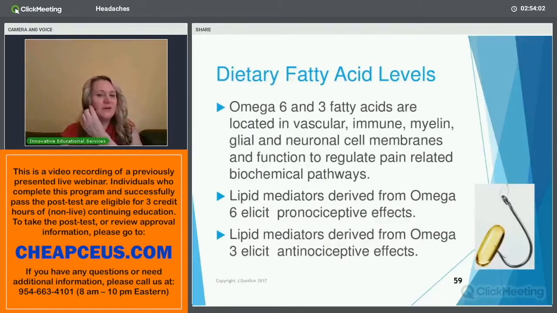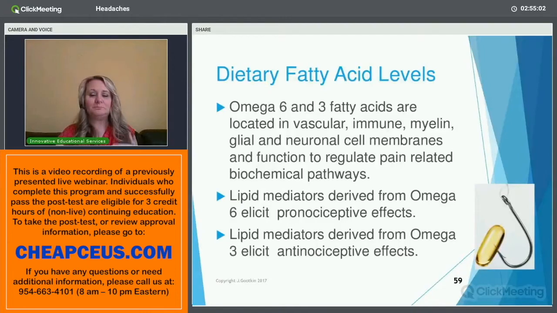We were discussing the different types of management of headaches and the dietary aspect specifically. What they have found, when we're looking at that holistic aspect of managing our patients, is that we have omegas in our diet. The omega fatty acids are the precursors to the different lipid mediators in our body, and they found that specifically omega-6s tend to lead to increased pain perception. So they have pronociceptive effects. As opposed to our omega-3 fatty acids, which have more anti-nociceptive effects, meaning the more we consume of those, the more beneficial in stimulating the different cell membranes and structures in our body and brain that lead to